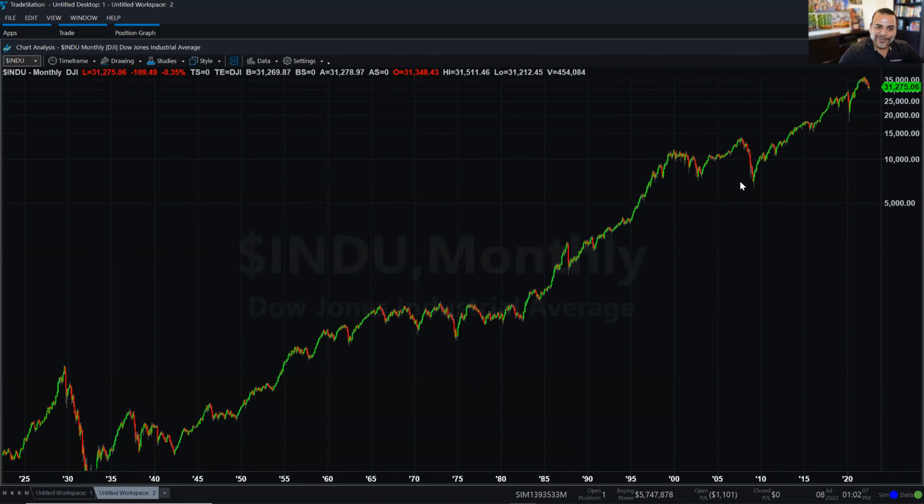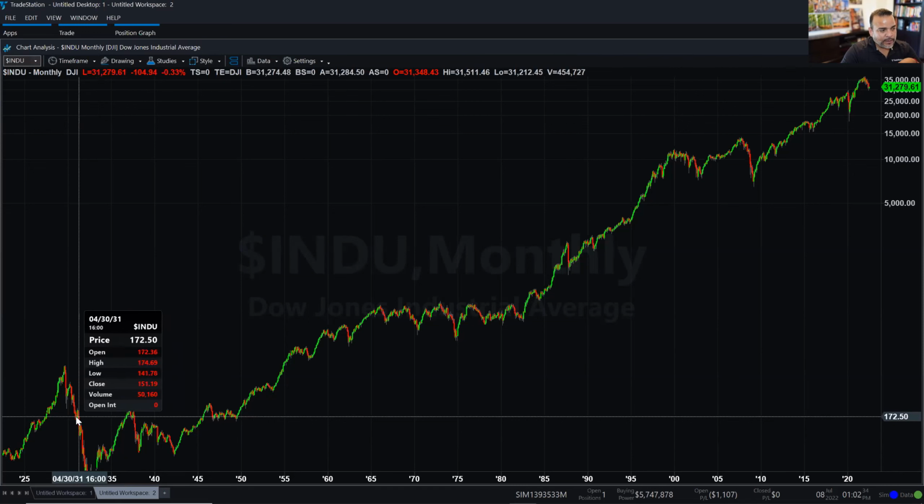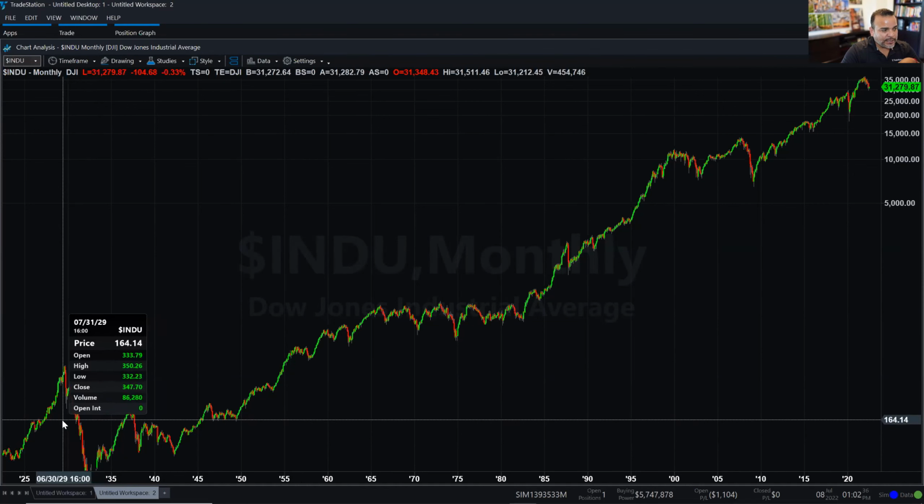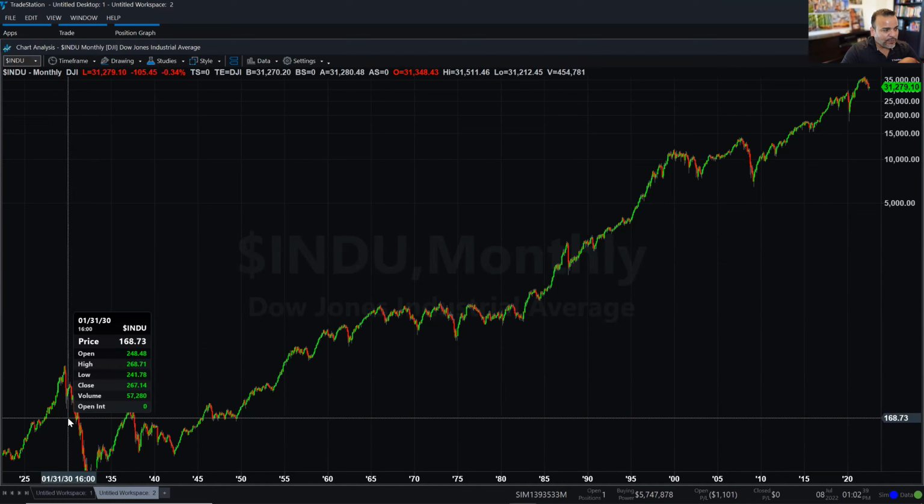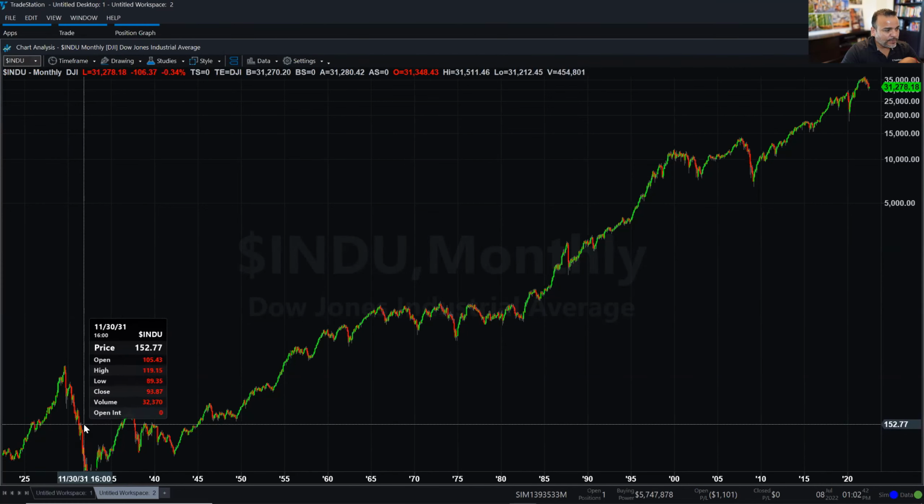It shifts the chart. Look at the scale. Look at the space between 5,000 and 10,000 and the space between 10,000 and 15,000. You see how one is less than the other, because it's turning the scale into a percentage scale. Now, if you compare what happened in the 2008 recession, you can compare that to what happened back here in the